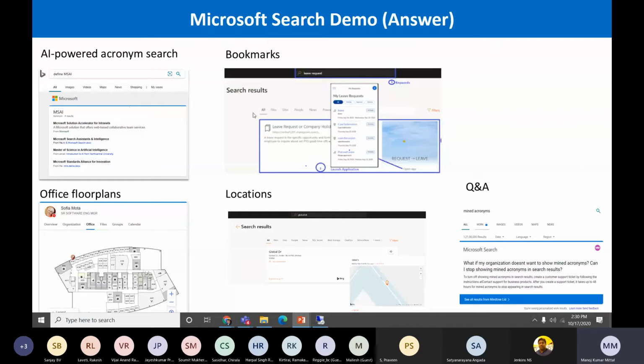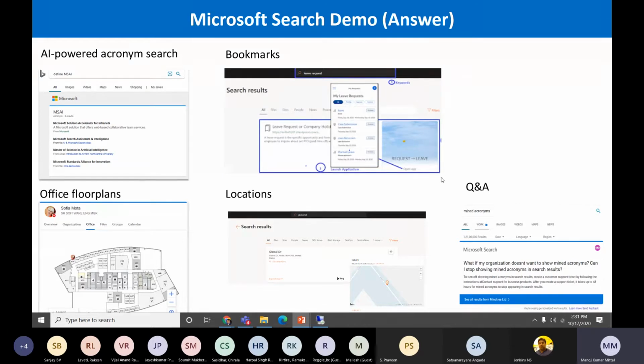Okay, and the bookmark. This is a very nice feature, right? Search is not just showing the content here. How can we show some screens where people can perform operations within search also? Let's make it more interactive. If I search here for leave request, it gives me this promoted result. There is a link, and my Power App application itself opens here. People can apply for leave and see their balances. That is quite important. It's a bookmark feature. I will showcase how you can build this.